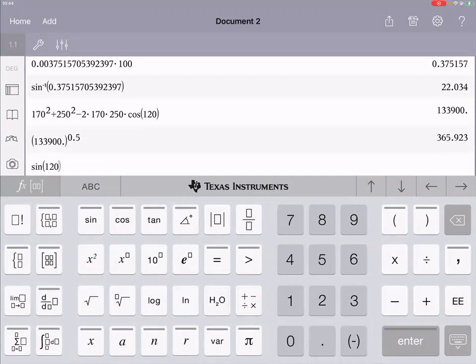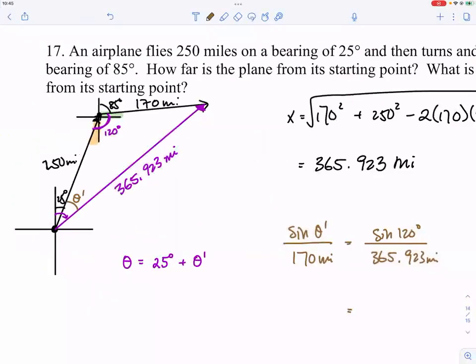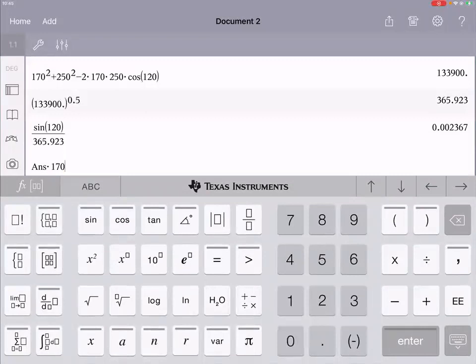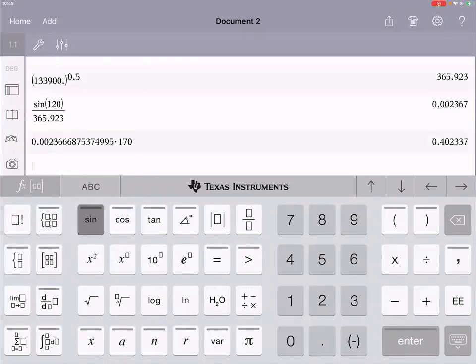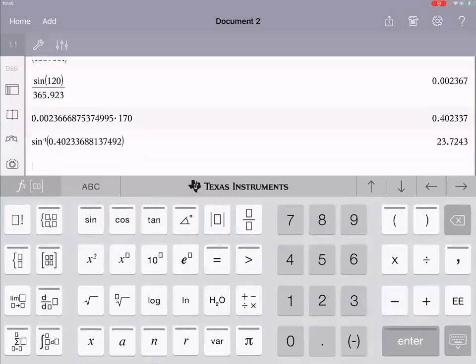Root 3 over 2. So sine of 120 divided by 365.923, and then times the denominator, which is 170. Then take the inverse sine of this answer, and you would get